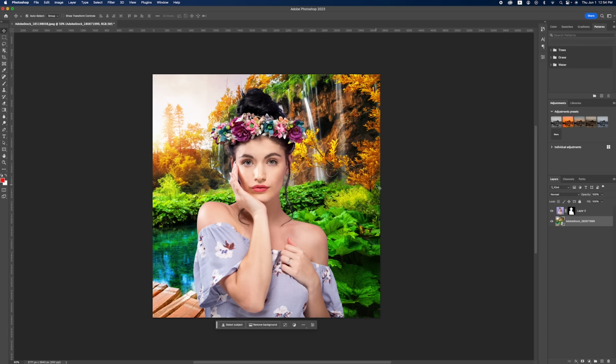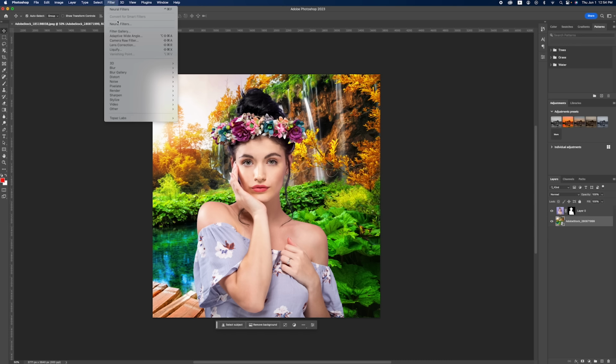Now in this picture, the background is moved, the background is changed, and the major thing which we need to do is, it's not looking realistic because the colors are unmatched. So we need to match the foreground color to our background, and for that I'm not gonna play with any kind of adjustment layer. So rather than playing with adjustment layers, I'll simply follow some great, smart features, which you can find in